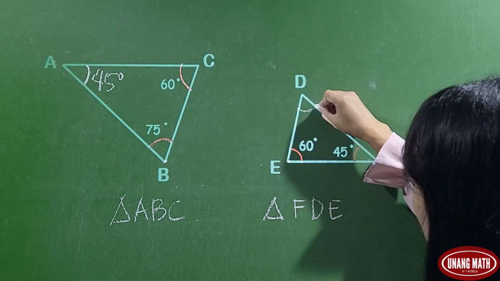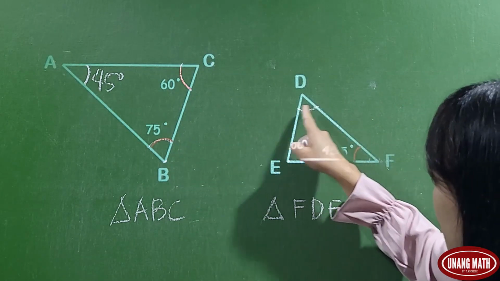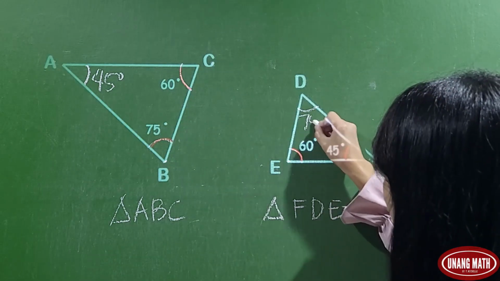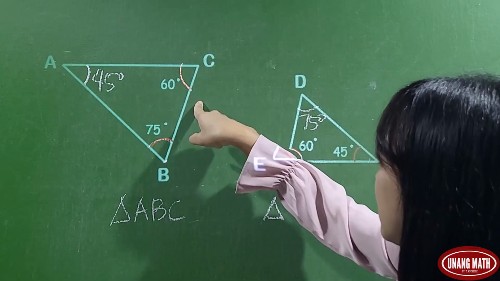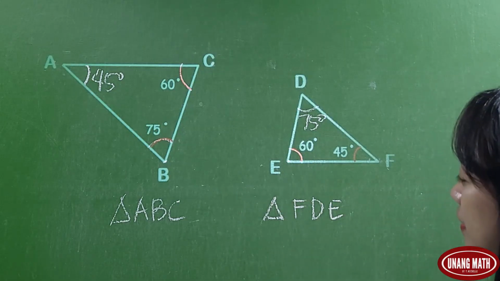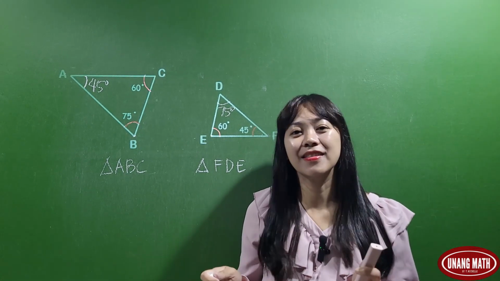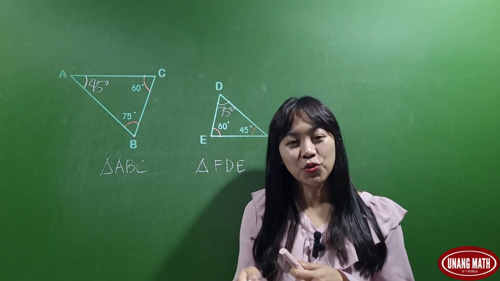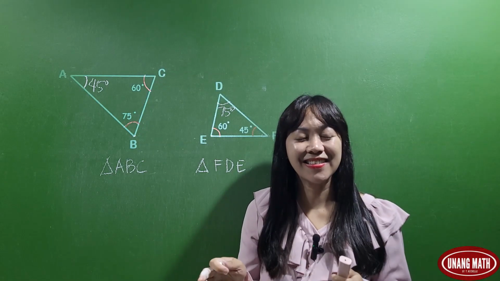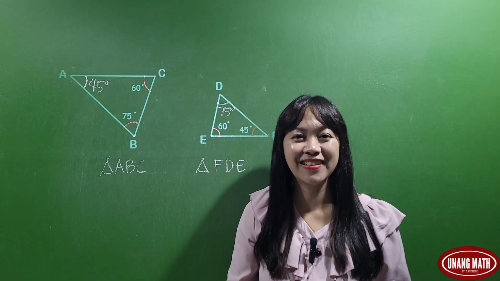And angle D corresponds to angle B. So this is also 75 degrees. So angle C is angle E, which is 60 degrees. So when you see triangles that have two corresponding angles that are equal in measure, then those two triangles are